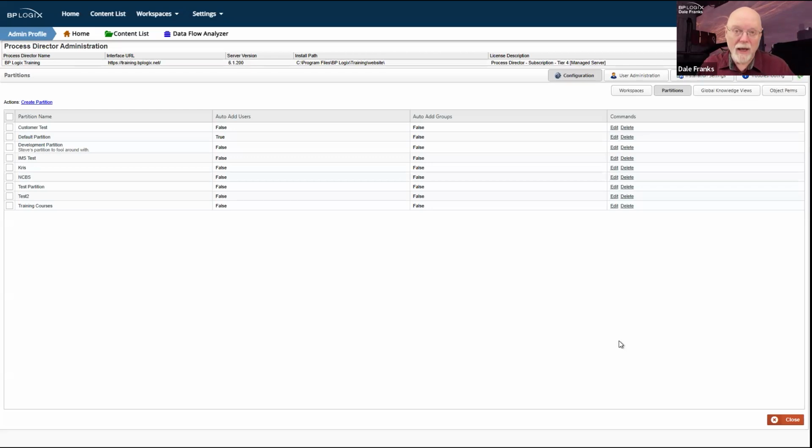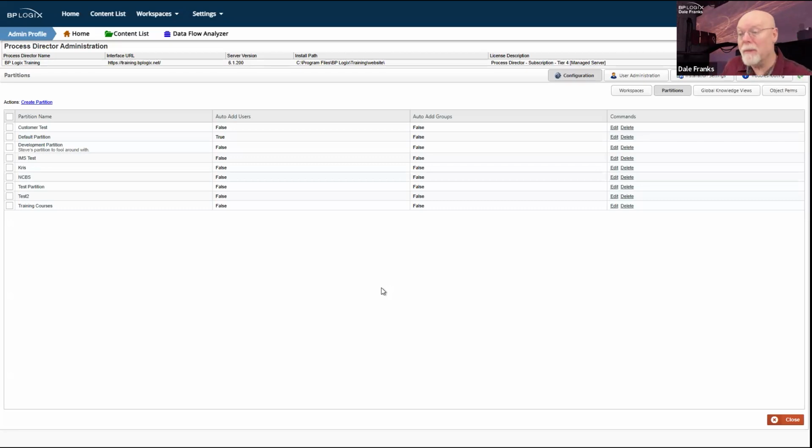And indeed, they'd certainly have different partition administrators to be able to go in and make changes to those portions of the content list. And the two partitions, as I said, since they never would talk to each other, can really function independently. So that's a good use case for having multiple partitions.